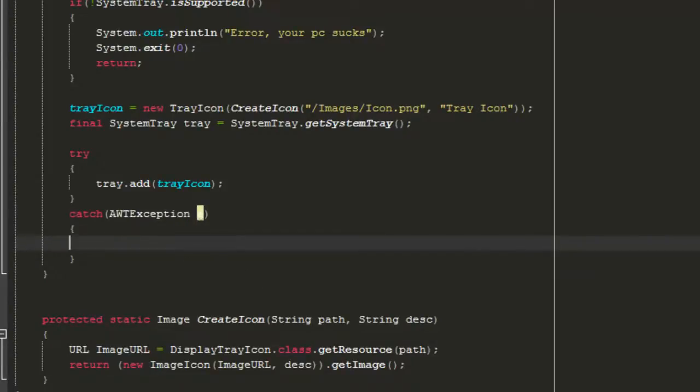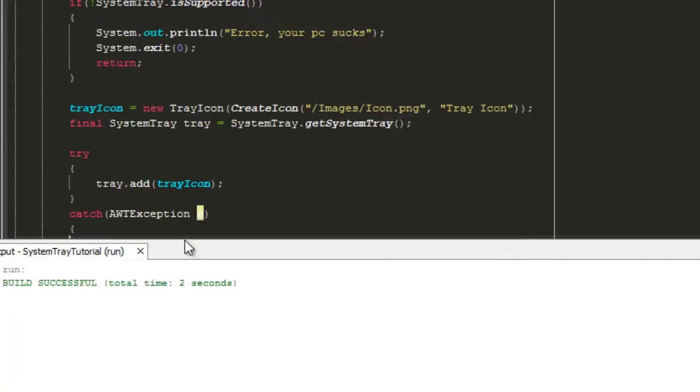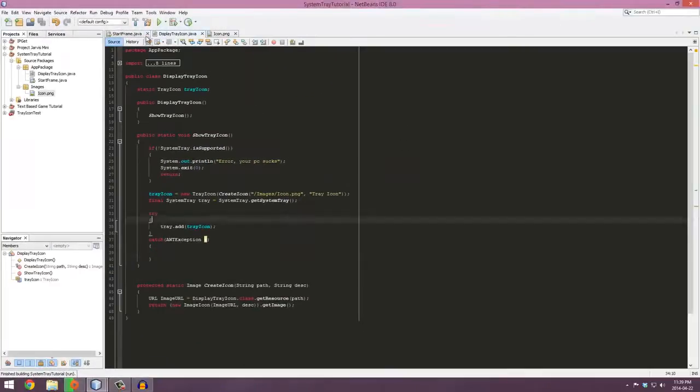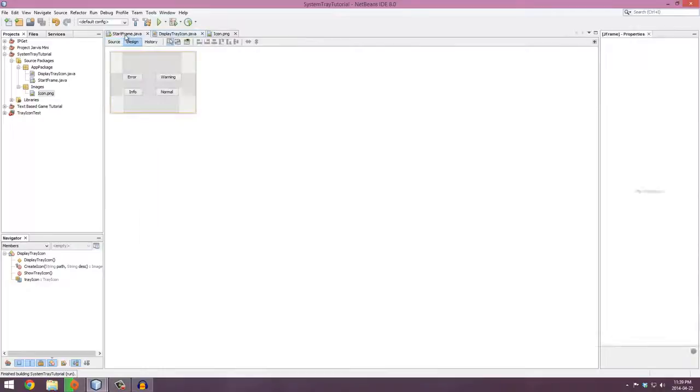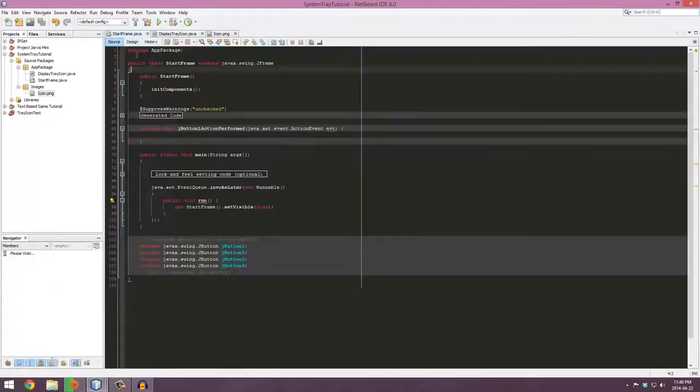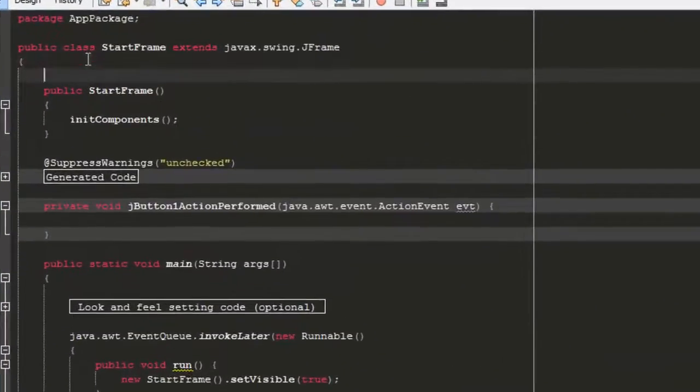So now when we run our program, oh wait, hang on, it won't show anything because we didn't code the other stuff yet. Make sure you select your main method to be the start frame, right? So in the source code for the start frame, when this app starts up, right in the top, just above the constructor, we're going to type in